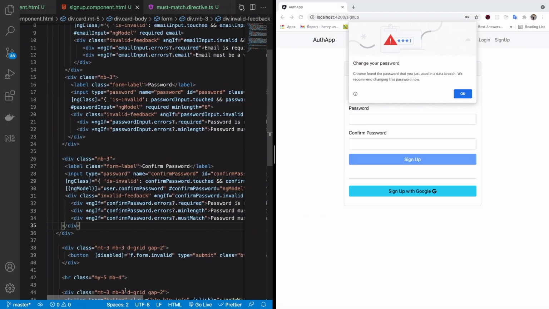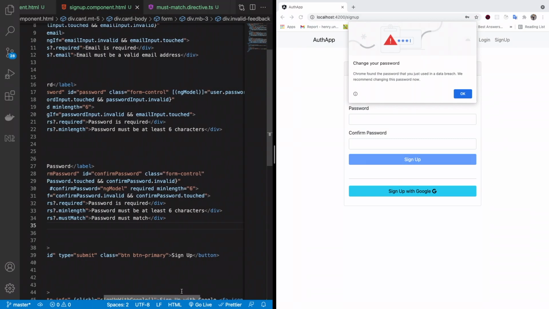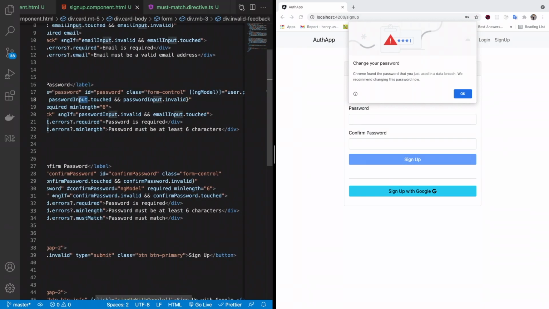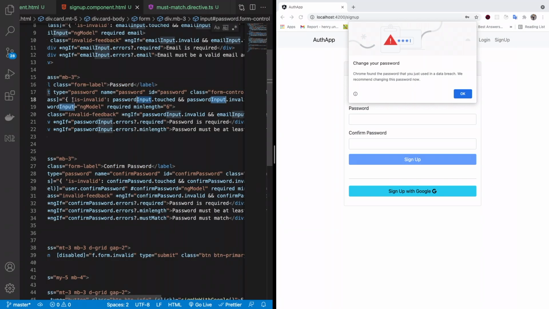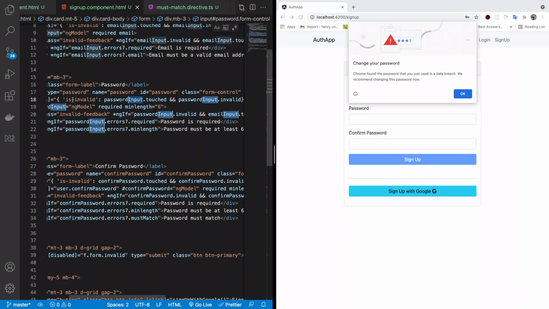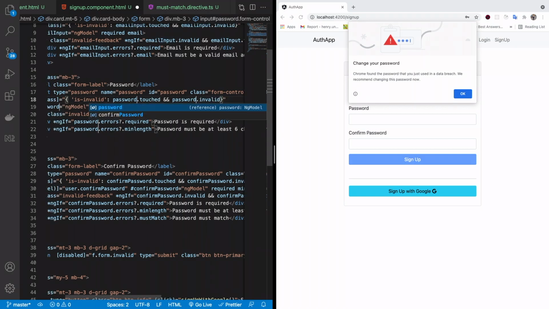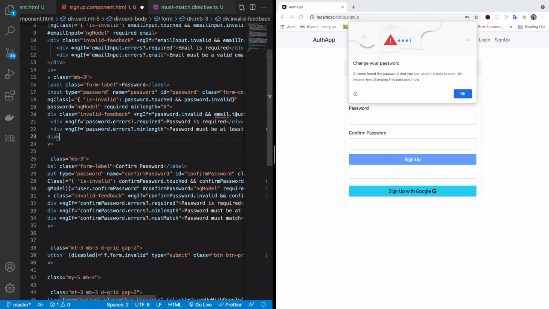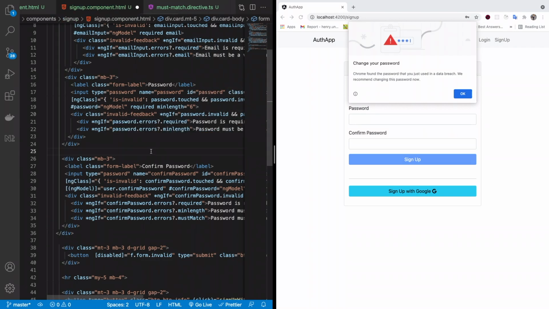So I'm going to go over to where we have the input here. I'm going to do Command D, Command D, Command D, Command D, and I'm going to delete those inputs. And while doing that, I've seen that here we're using email, so we want that to be password. Okay, so I'm going to save that,